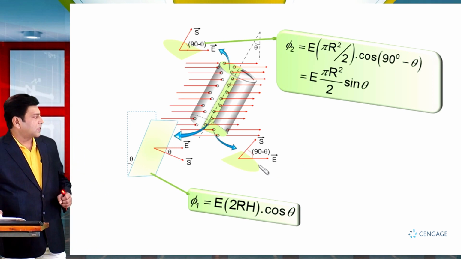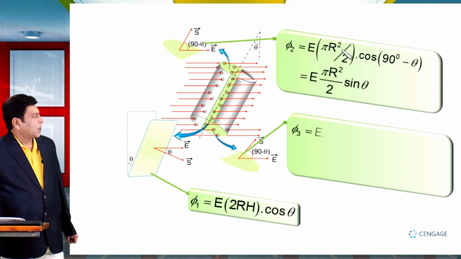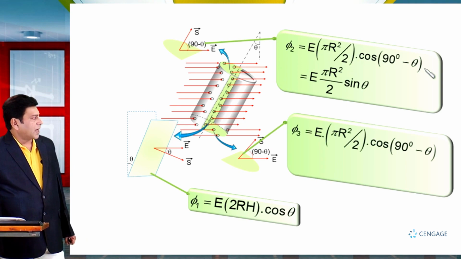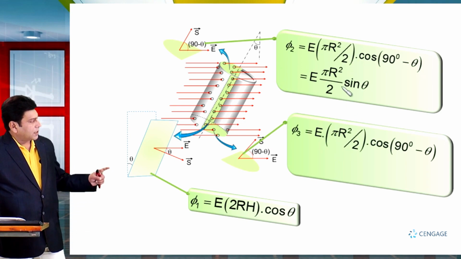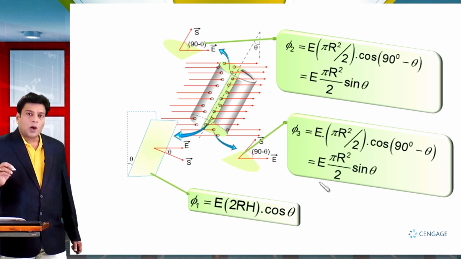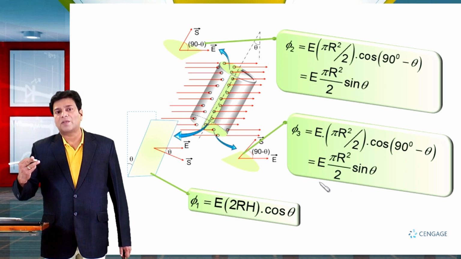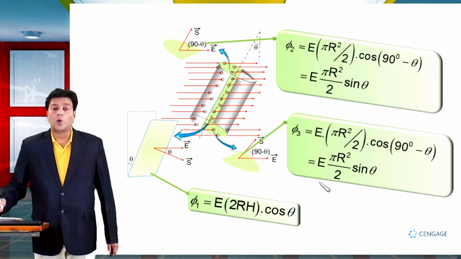So, for this surface, that is again a semicircle surface, we can write phi 3 equal to the same relation, that is E multiplied by pi r square divided by 2 cos(90 minus theta), and this is again equal to E pi r square divided by 2 multiplied by sin theta. Now, if we add this flux phi 1 plus phi 2 plus phi 3, we will get the total flux